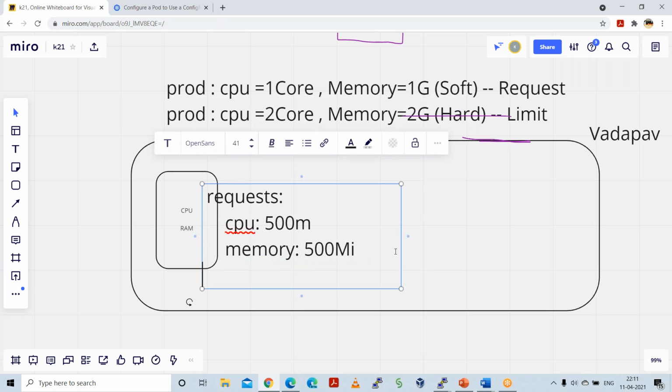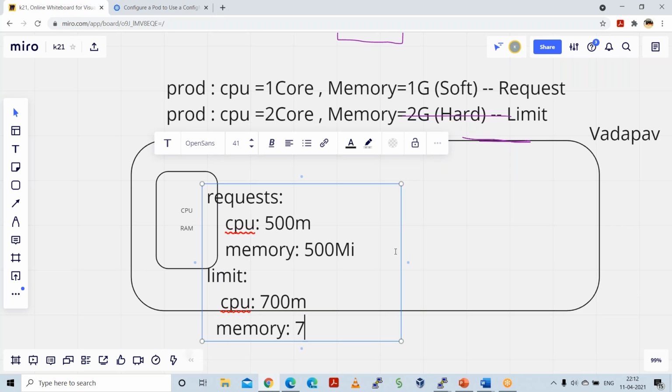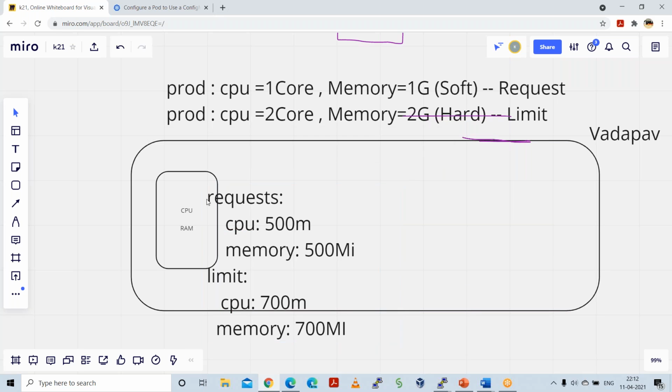Okay, and the limit is CPU, let's say 700 millicores, and memory is let's say 700 megabytes. So if this is the quota applied, limit applied, or resource quota applied for this one pod, how many